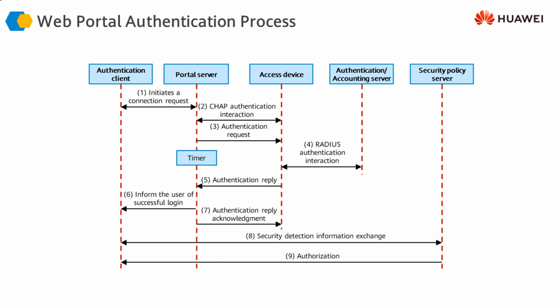For example, if he's a guest user in our network, this policy server is going to make sure that he can only access the resources that are available to guests. They cannot get access to the file server of our organization. So this is how portal authentication works in an enterprise or in a public wireless infrastructure.